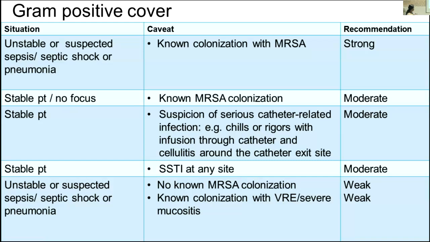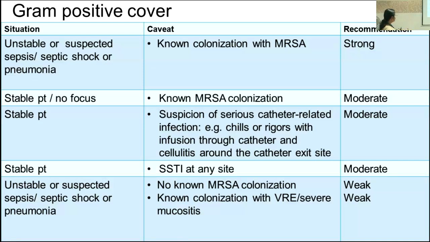But if you have a patient with a known MRSA colonization or a suspected catheter infection, even if it's a stable patient, you still can start. What is not usually recommended is when they are unstable just because hypotension is there, but your center doesn't have a lot of MRSA prevalence, or the patient is not known to be colonized with MRSA. Routinely you need not add a gram-positive cover at the start.